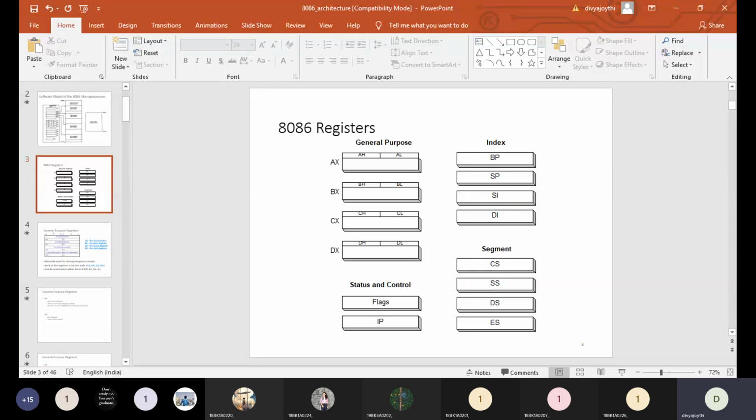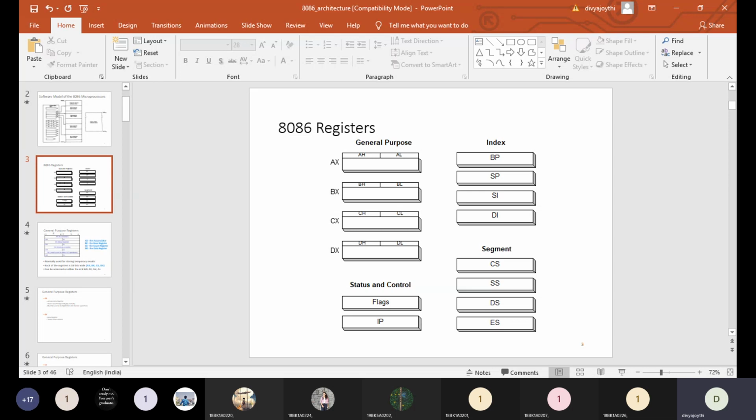For general purpose registers, there is no specific requirement that only for this particular purpose this register needs to be used. That significance, only for this operation this register, will be there for the remaining registers.